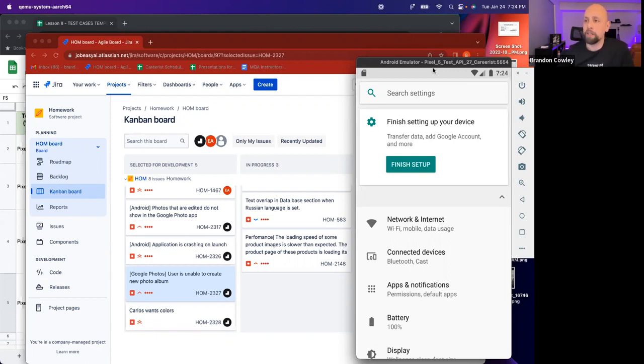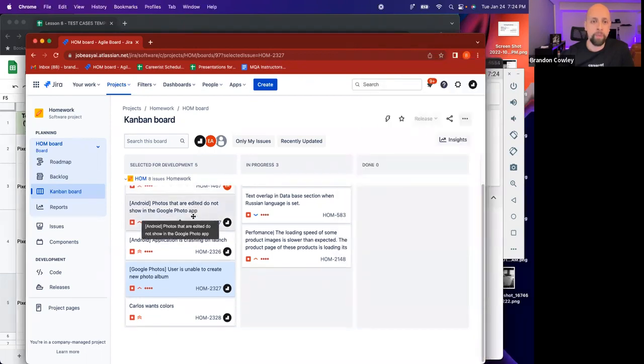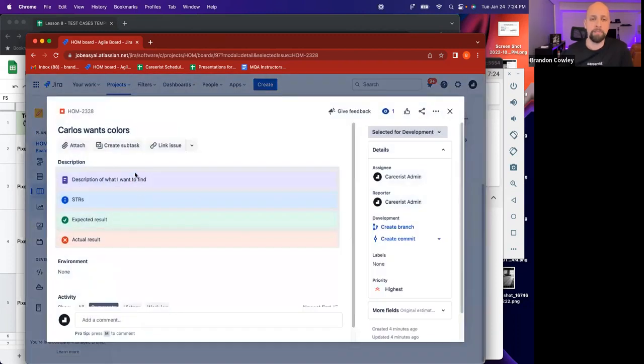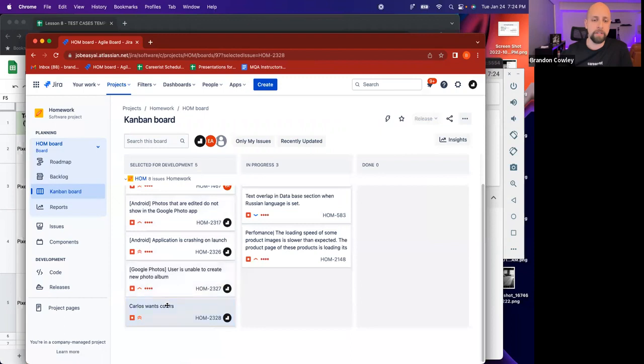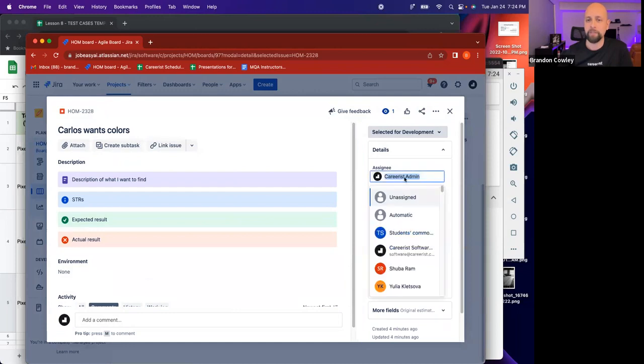After you create the bug, how do you assign it to the developer? That's very easy. So when you're making the ticket, typically you would do that in the middle of creating it. If you happen to miss that, you can go back into your ticket or your bug report, click, and then come over here and go to the assignee, and you can put in whoever you're going to be assigning that to. It's best to do this while you're creating the ticket, but totally easy to do it afterwards.